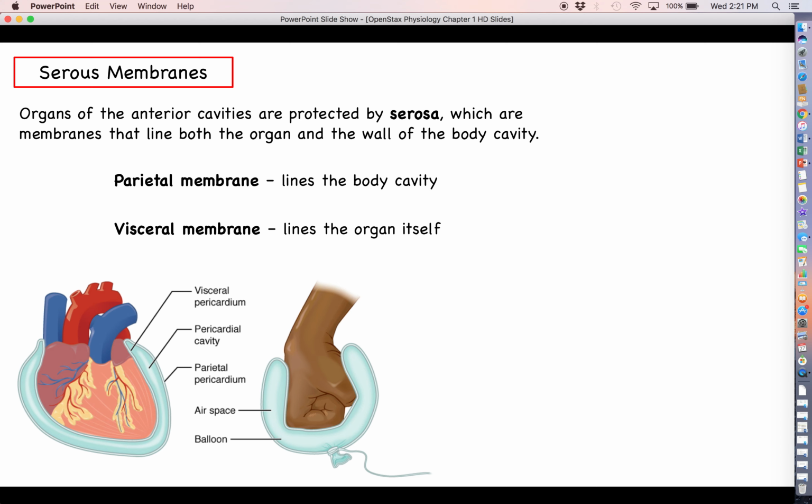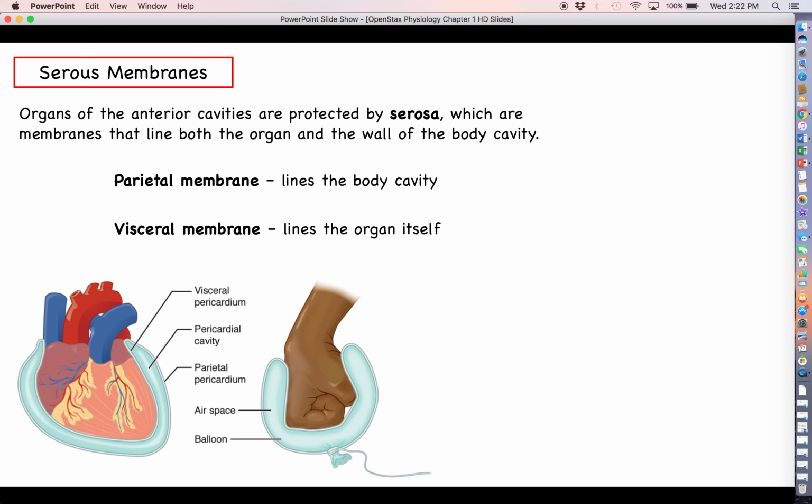And another thing that we will see in the future, not necessarily right this minute, is that many of the organs that are contained within the body cavities are encased by what are called serous membranes. Now, serous membranes tend to come in pairs. You have both a parietal membrane and a visceral membrane. The parietal membrane is basically stuck to the wall of the body cavity itself, whereas the visceral membrane is stuck to the organ itself. And then there should be a very small amount of space in between the 2 membranes, which leaves a cavity in and of itself,